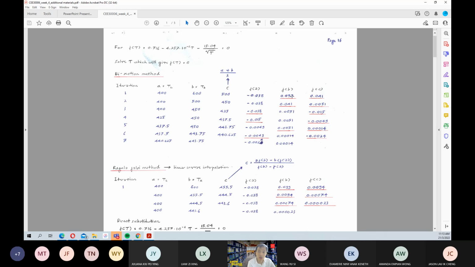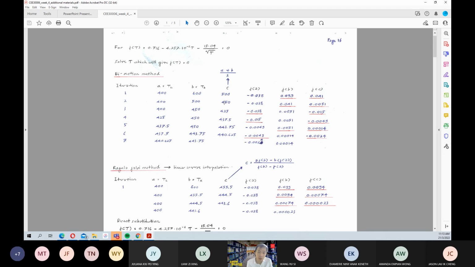You find that that one is 0.099. So as a result, no, this one is 0.041. You notice that I put the underline in red, meaning this 0.041 will replace this 0.099 as the new limit. Okay, then this 400 is in here, and the 500 is taken from this one and moved into here.